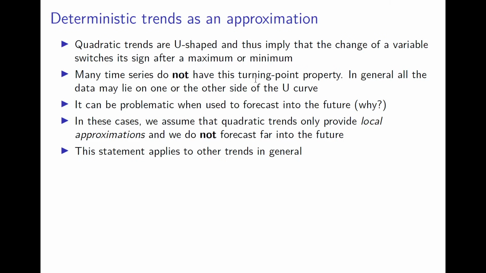Okay, so deterministic trends as an approximation, quadratic trends are U-shaped. Think about this change point property. Are you working with data that can have this turning around happening? This inflection point? Many time series do not have that property. In general, all the data may lie on one side or the other side of the U-curve. Do you really want a model that can turn around and go in the other direction as you forecast into the future? In some cases, that's going to give you very strange behavior,